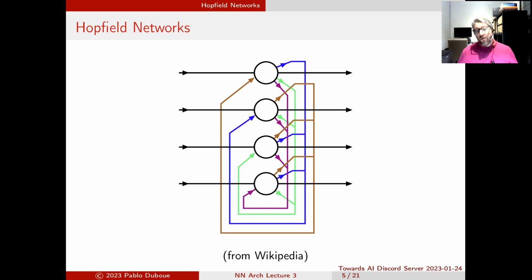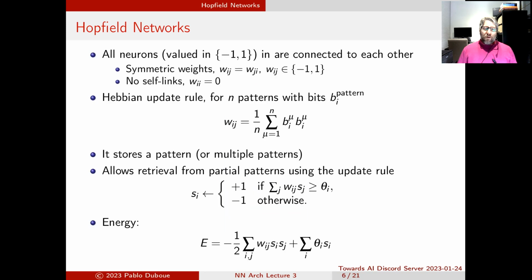Every neuron is connected to every other neuron, which of course brings the question of how do we train these things? And also what that means, everything is connected to everything. There is then some idea of a global clock that makes a neuron send its output to other neurons and then receive them, etc. So in the Hopfield networks, every neuron is valued as -1 or 1 and is fully connected. That means that the weight matrix is symmetric and there are no loops, no self-links.